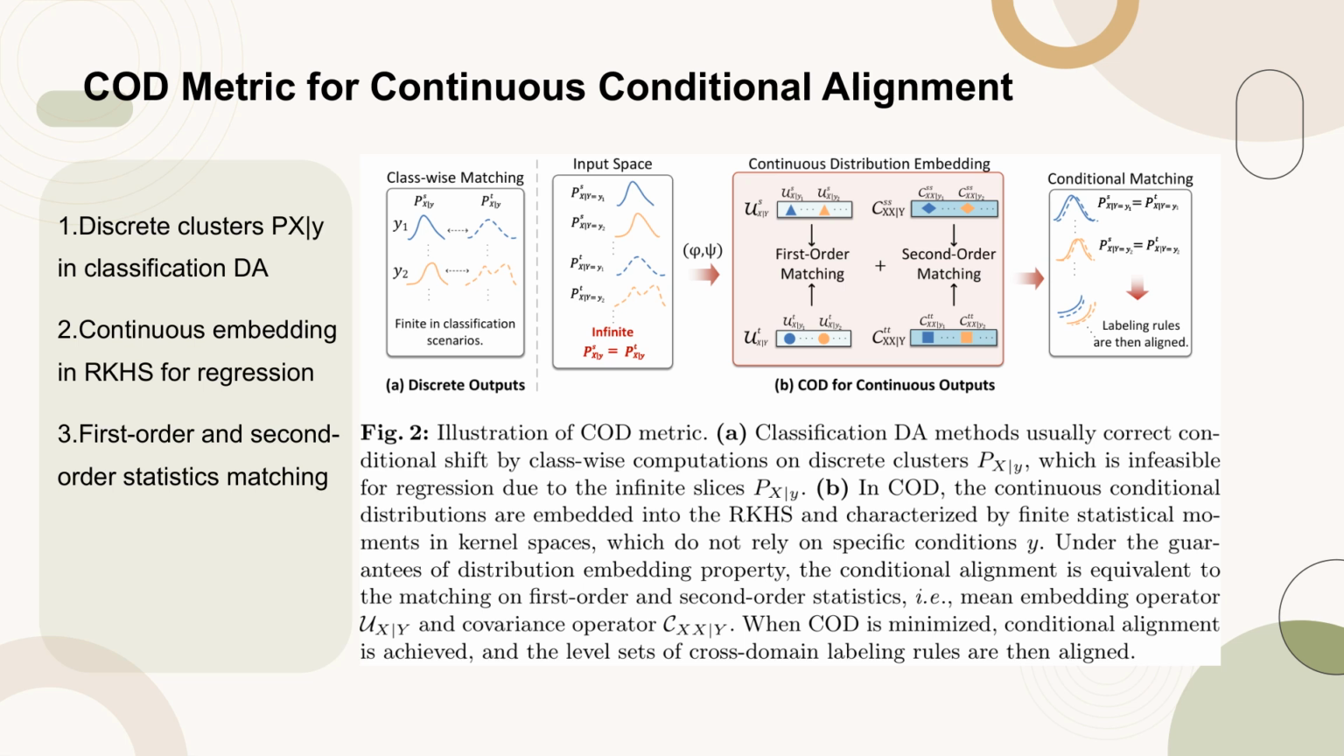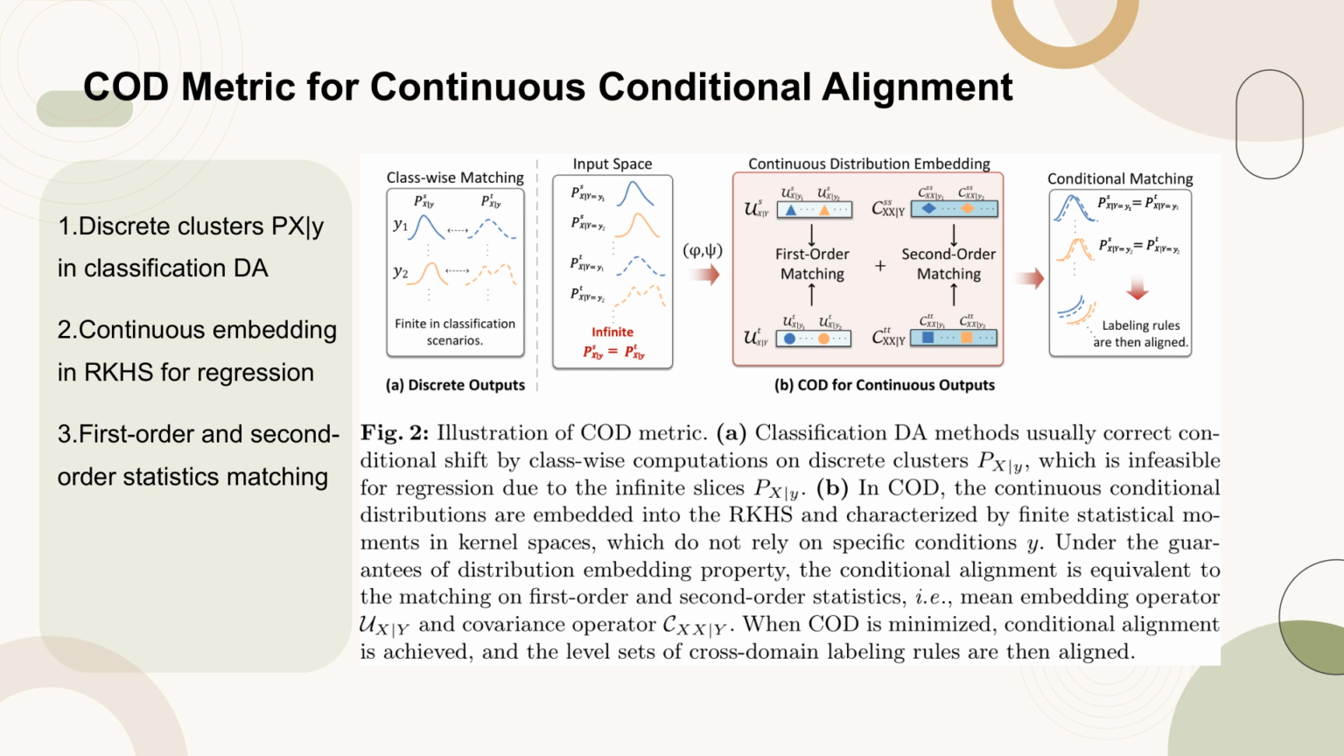In contrast, Part B demonstrates how COD embeds continuous conditional distributions into reproducing kernel Hilbert space, RKHS, and characterizes them using finite statistical moments. This method does not depend on specific conditions Y. The alignment of conditional distributions is achieved by matching first-order and second-order statistics, represented by the mean embedding operator UX,Y and the covariance operator CXX,Y. Minimizing COD ensures that the level sets of cross-domain labeling rules are aligned, effectively addressing the conditional shift in regression